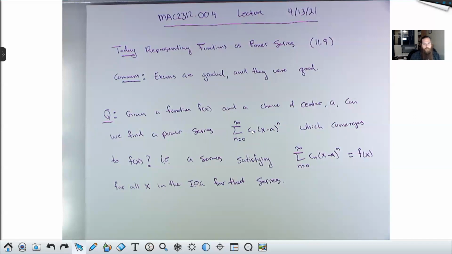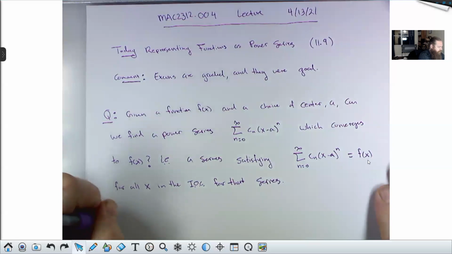So that number a, I'll go through an example here in a minute, but we want to find the series that gives you the same outputs, right? The sum of the series is the same as the function value would be if you plug that same number x in. So the example we've seen before is